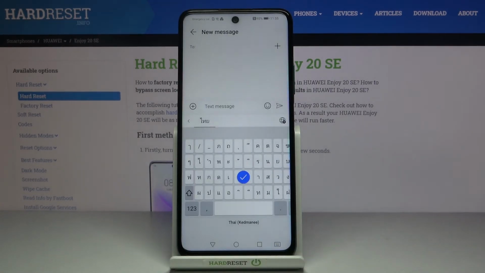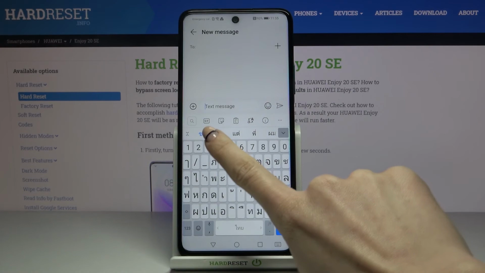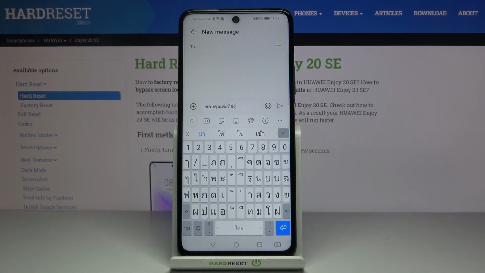As you can see, keyboard dictionary has been changed and you can smoothly write in Thai here. And this is it. So this is how you can change keyboard